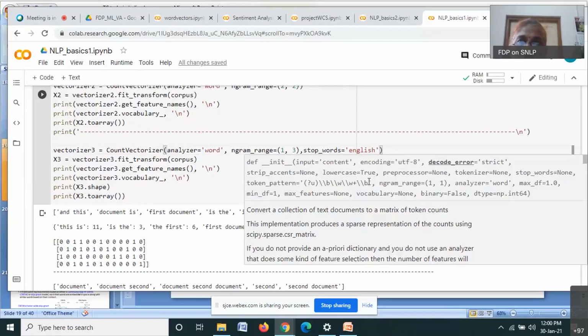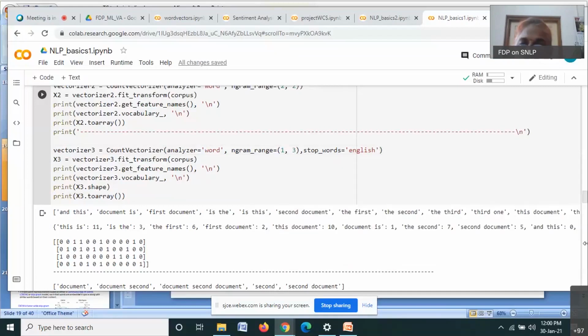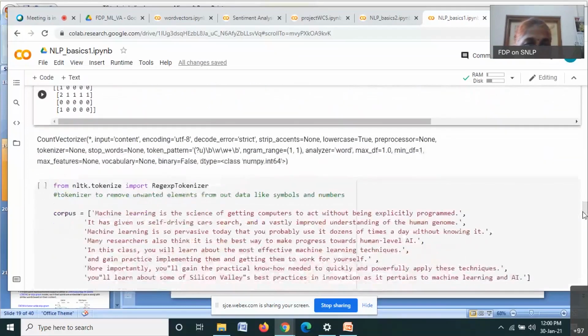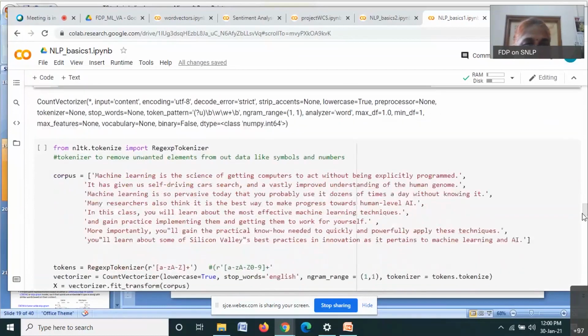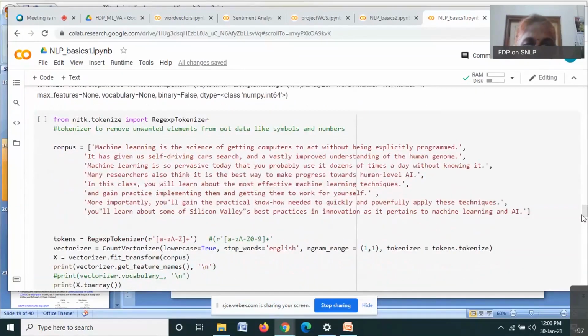Then max_df, I mentioned in the beginning while considering document frequency, TF-IDF: what is the maximum document frequency that is required, what is the minimum document frequency. And if you have any vocabulary, all those can be given as input. Next is the tokenizer, which I have already given.